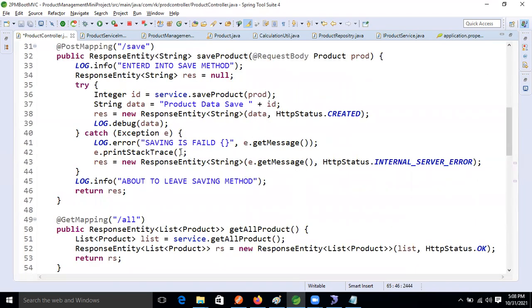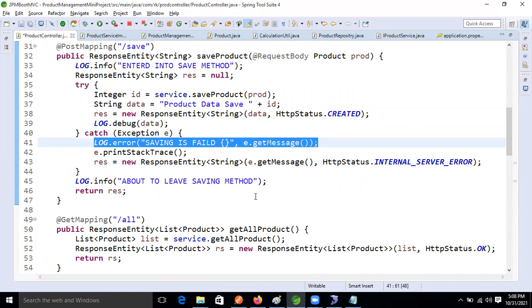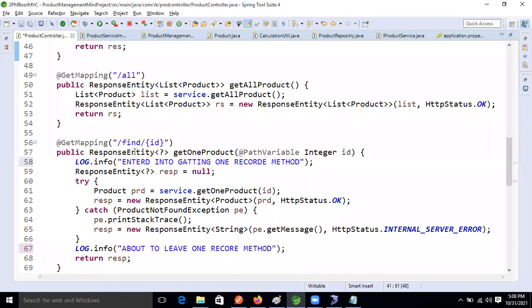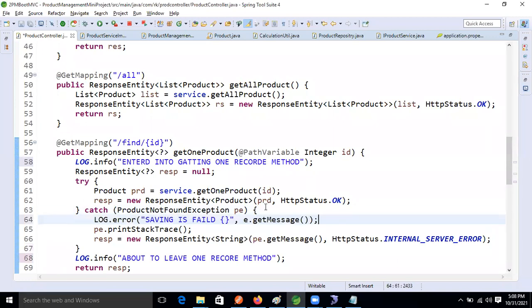Now again we will take the same logging error method, copy the same thing. Come here in the response entity and put the same thing inside that catch block now, guys. Error getting one record.